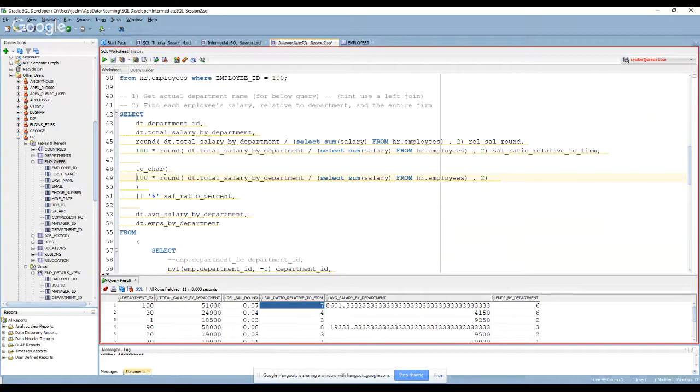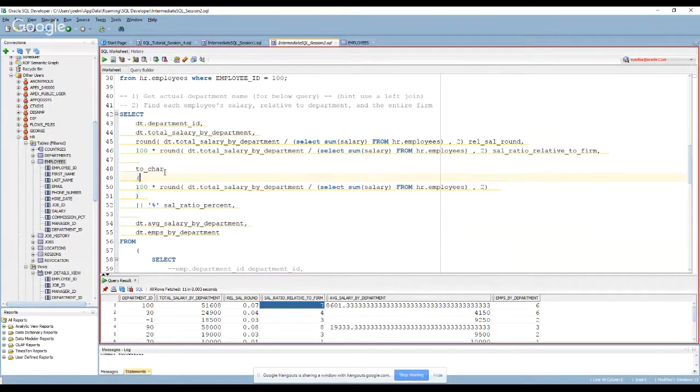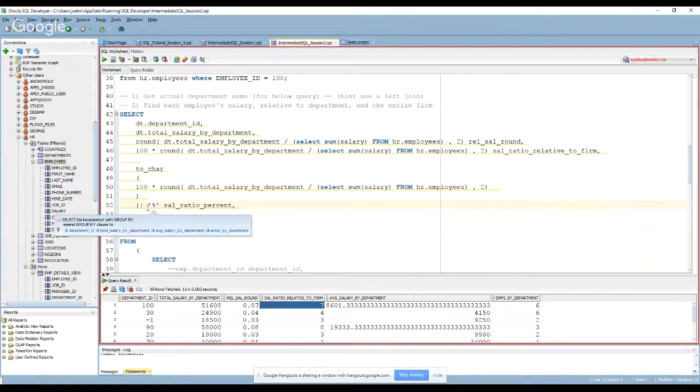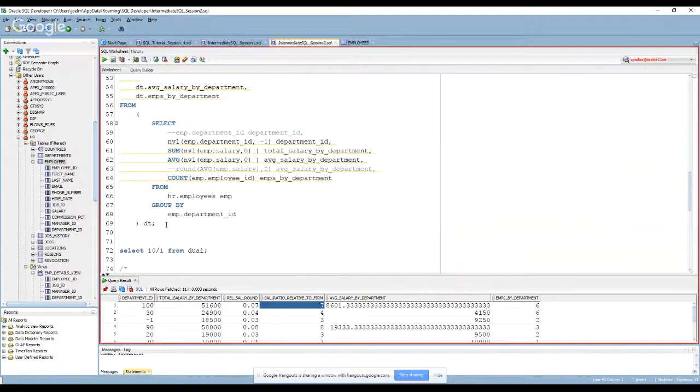And then I'm going to explicitly call toChar. The toChar converts whatever this expression evaluates to into a character. And then once you've done that, I want you to use the pipe sign to concatenate it with a percent sign, right, which is a text. If we do that and we run this query, we're going to get